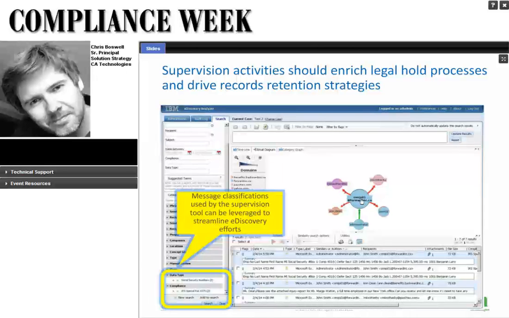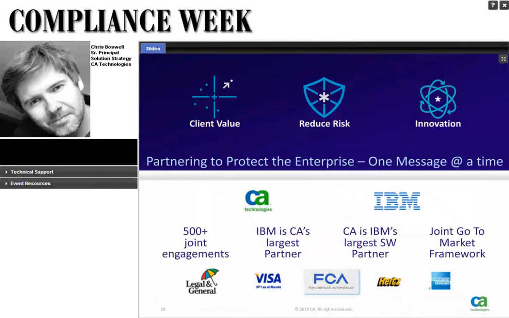So with that, I want to turn over the mic to Clint Maddox. Clint is a VP at CA, of Global Accounts, and he's responsible for all the great things that we're doing with IBM. Clint, I'm just going to turn over the mic and have you say a few words about what we're doing with our partners.